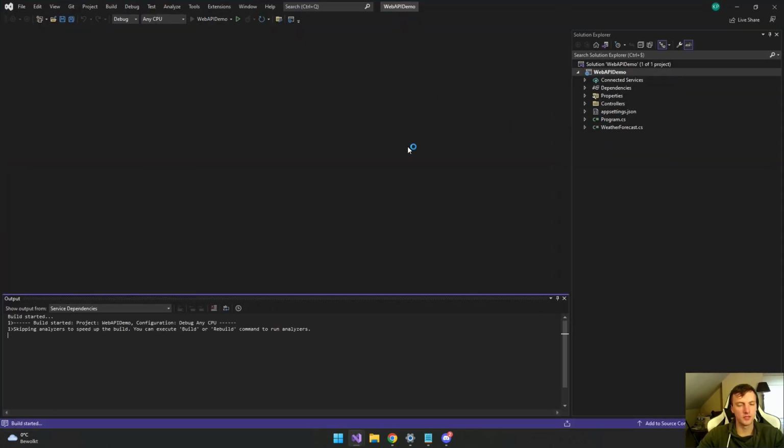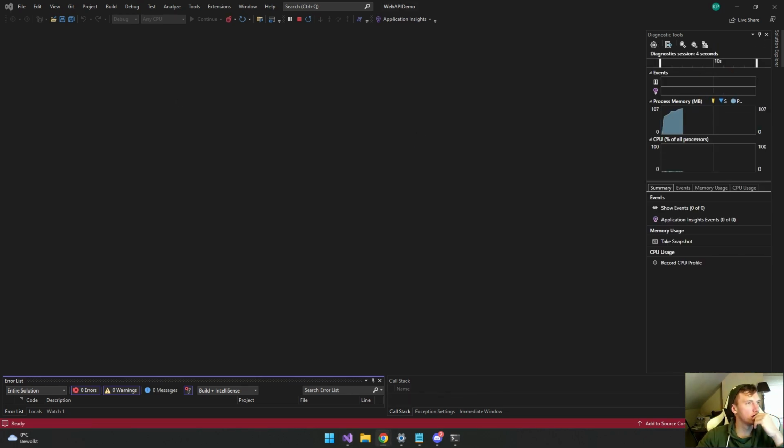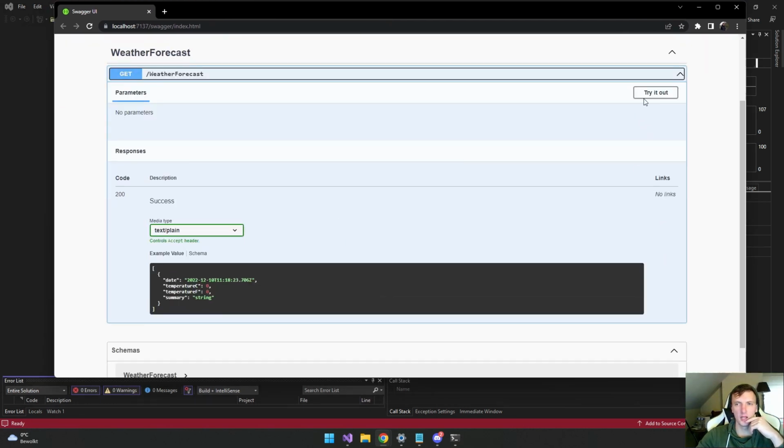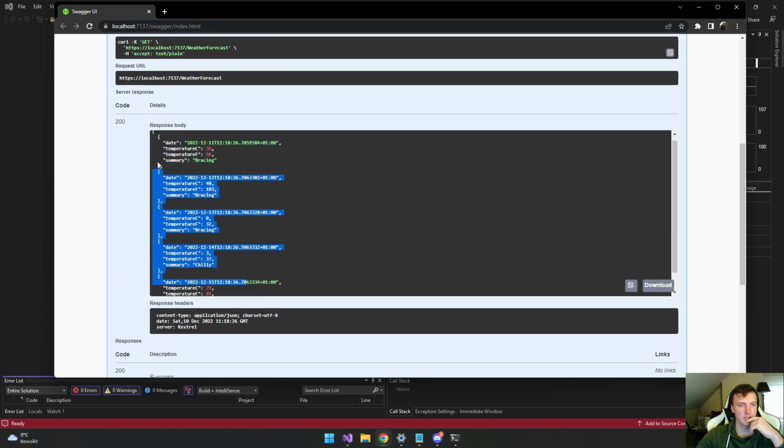If you start the application, you will see it will run a built-in weather API. The first time may take a few seconds. So you see you have a basic get weather API, and if you try it out and you execute it, it will get this data.